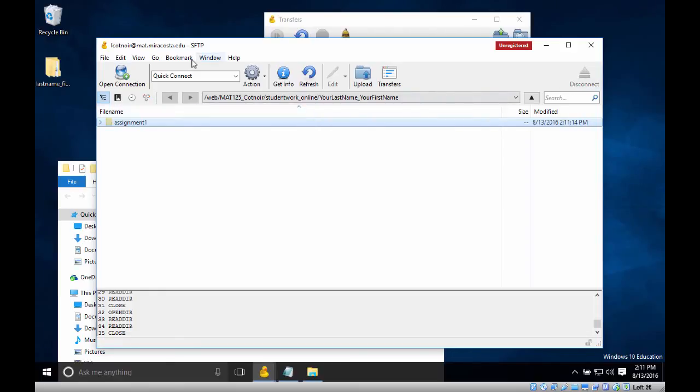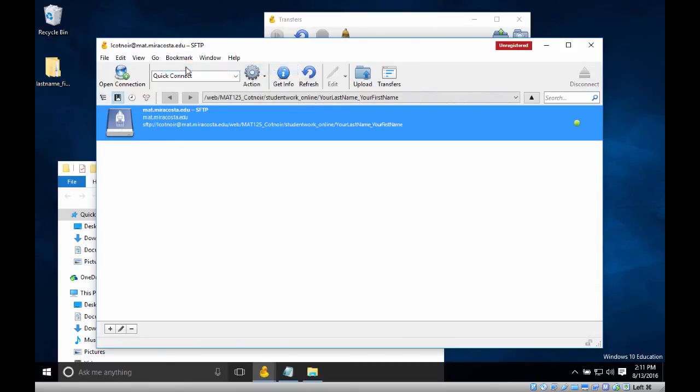Now you're disconnected. If you want to toggle your bookmarks, you can find your shortcut so that you can always reconnect again. All right, that's the end of this demo. And now you can